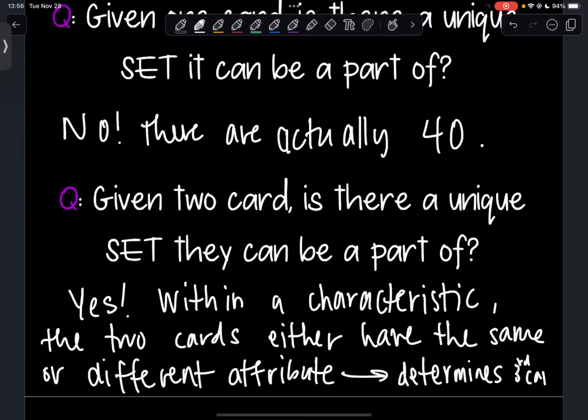Ran out of space. And then you can do that for every single characteristic to tell you exactly what attribute that third card would be. And as soon as you decide what all 4 attributes are, it uniquely determines what the card is.